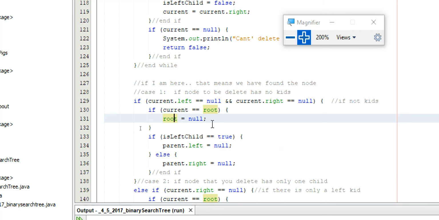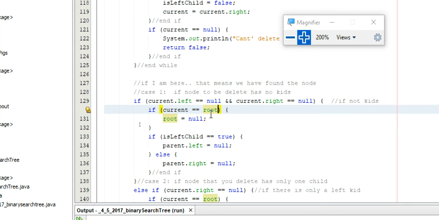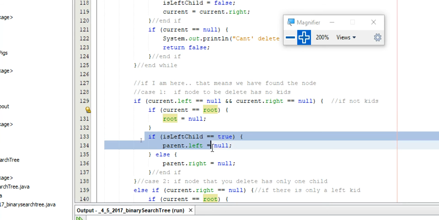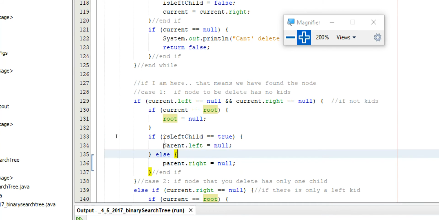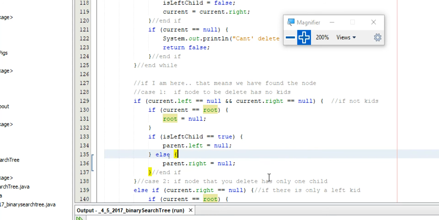Parent equals root, parent equals root. If current equals root, I should say. Basically, this means that if the current's the root, I'm at the very top of the tree, then that's gone. If there's a left child, then the left is null when I move that up. Else right is null. Depends on